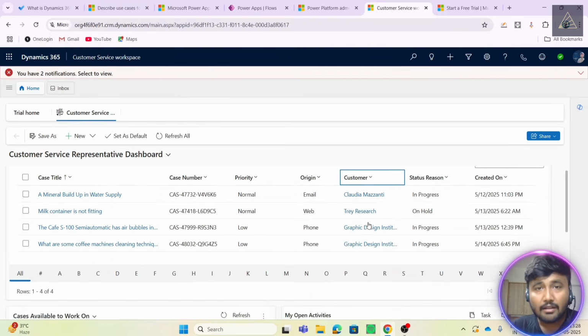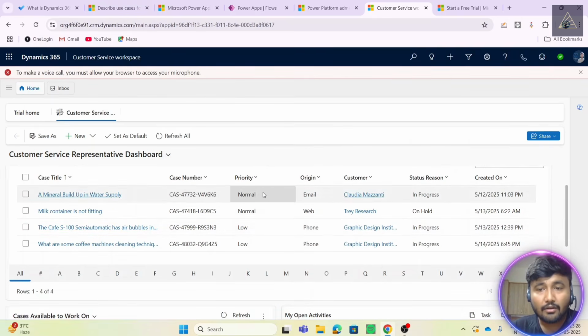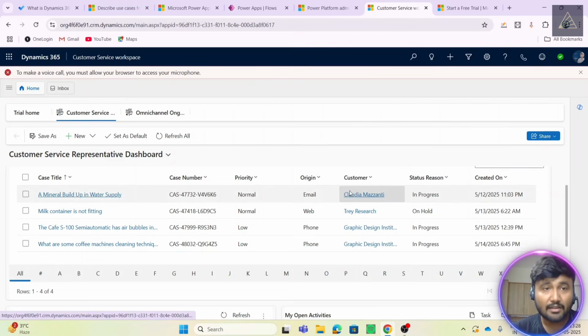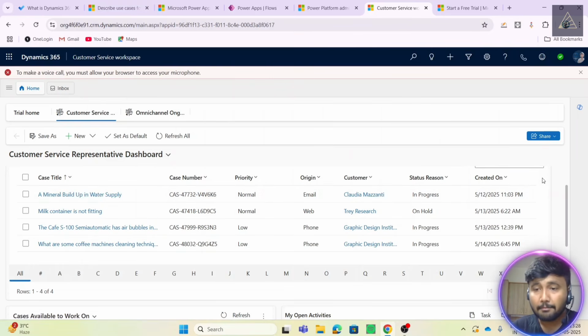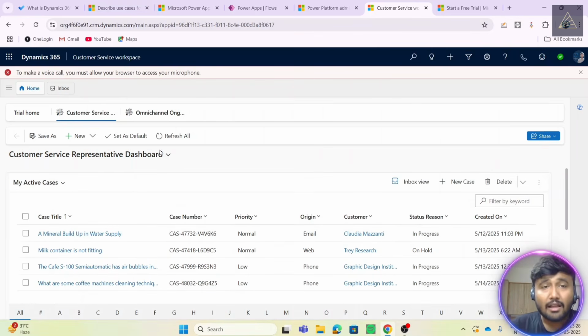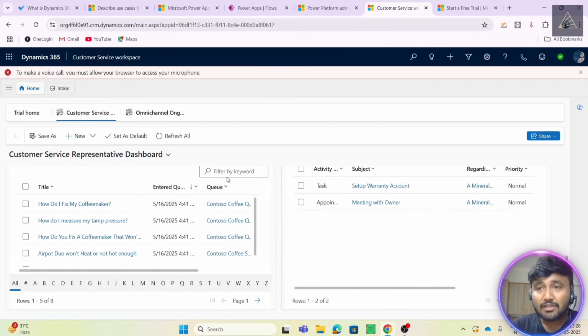And these are the columns we have: case title, case number, priority, origin, customer, status reason, created on, all these different things. Now these are the applications we have, and we can create these applications with the help of